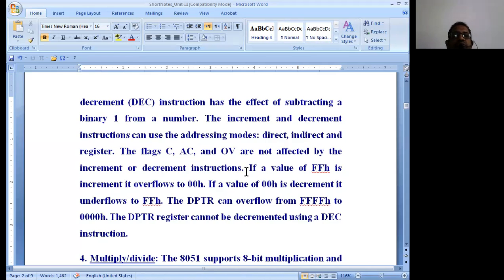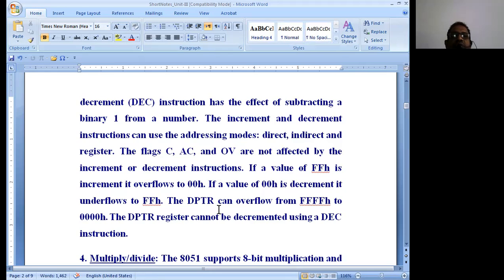So in the case of these increment and decrement instructions, what happens is, if FFH is incremented by 1, it overflows to 00H, because the maximum capacity of an 8-bit register is FFH only. And in the case of decrement, if 00H is decremented by 1, it simply underflows to FFH.